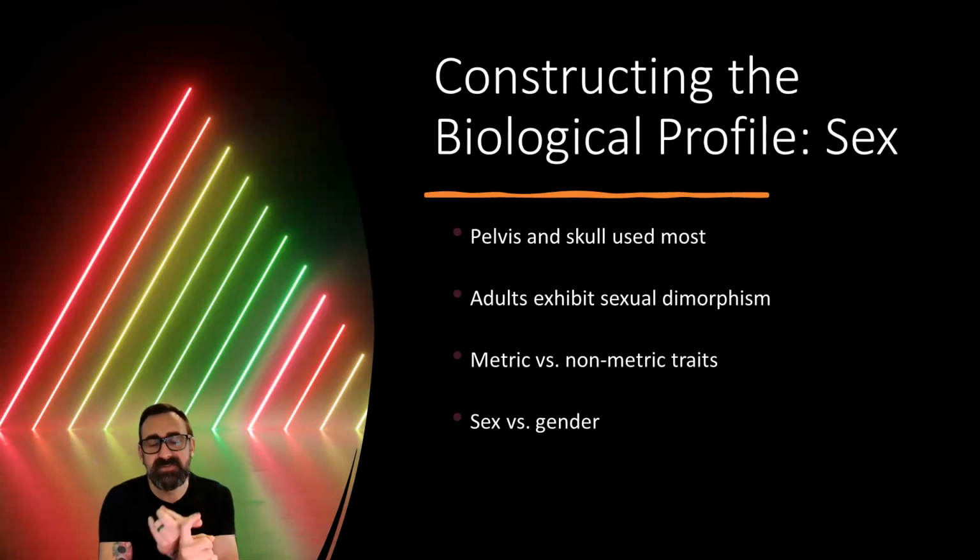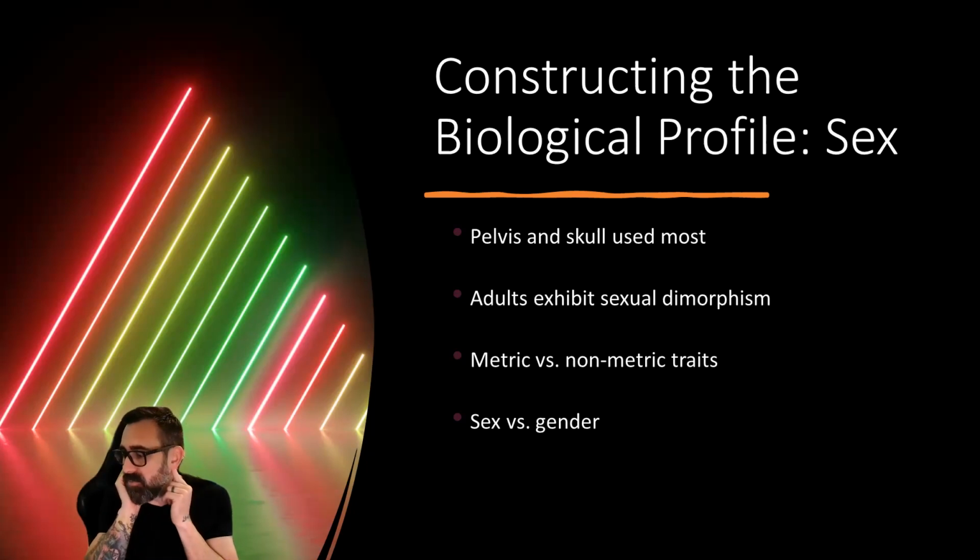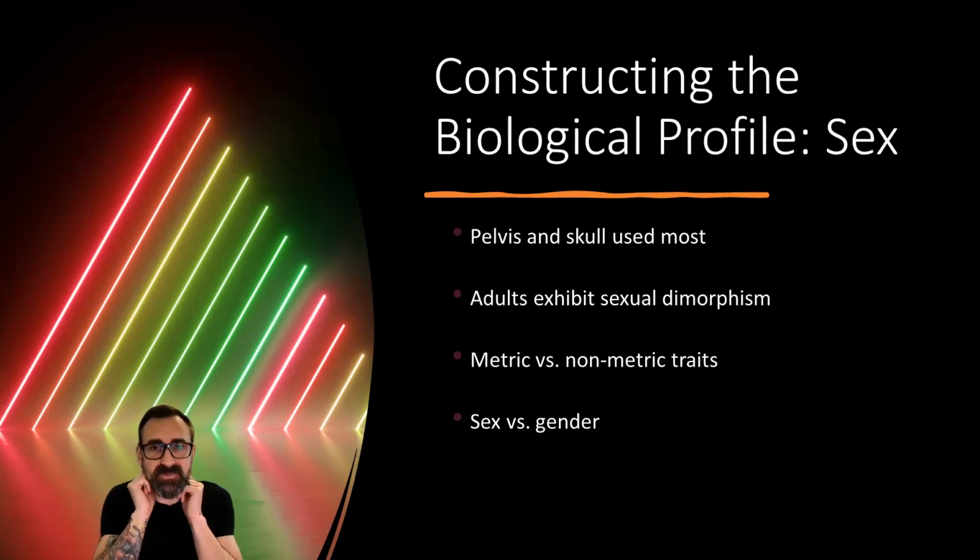Either determine the sex of the individual first or the age of the individual first. Determining the age is more straightforward. Determining the sex can be a bit challenging, but you'll look at the pelvis and the skull. There are key features on there that can give you a clue as to whether it's male or female, things like the mastoid processes. If you remember back to your hominin evolution lab, when you looked at all those features, some of those are indicative of male or female.